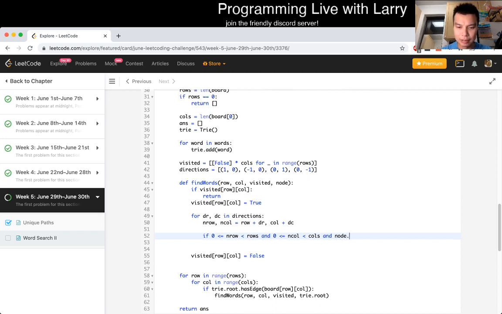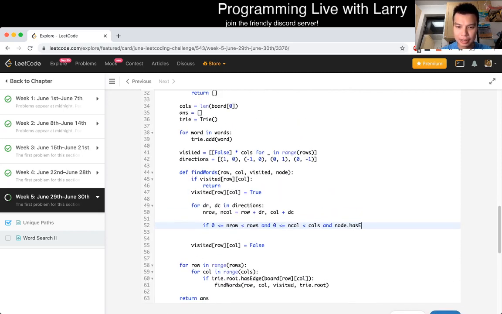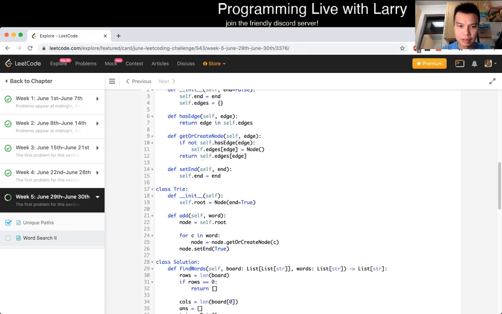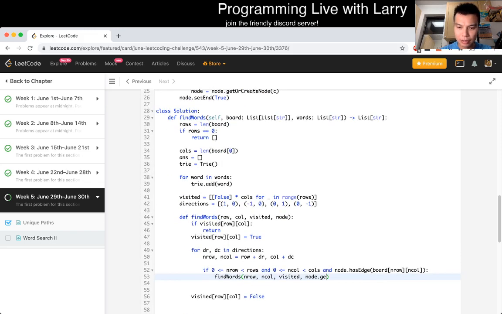If node dot has edge of board of new row, new column, and then we find words of, yeah, new row, new column, visited again, and then node dot get, or